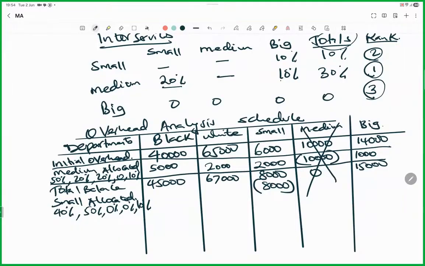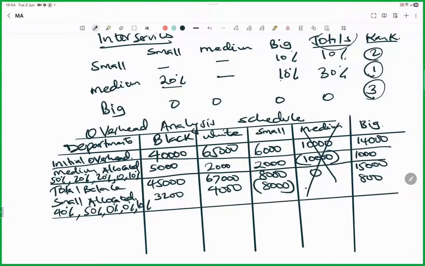So what is 40% of 8,000? 3,200. 50% of 8,000? 4,000. All right. 0, of course, here. So we have 10% of 8,000, which gives us 800. So come here and give us the total balance if you wish. So total balance, what do we have here, my friends? 48,200,